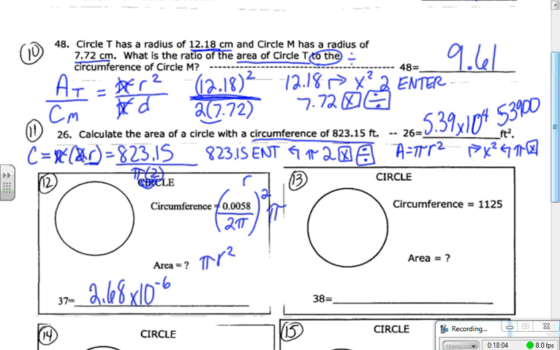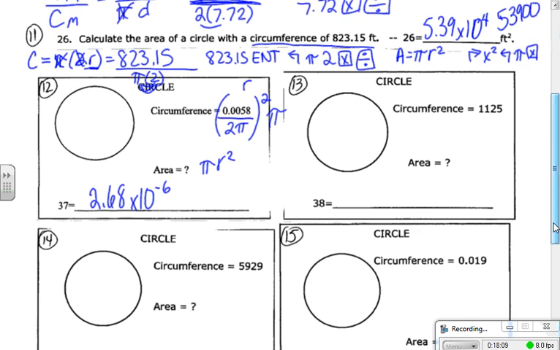Okay, number 13. We have circumference, we want area. Same type of problem as the last one. So circumference divided by 2 pi will give us our radius. So we want to do pi r squared. So we take our radius and square it and multiply by pi. And we end up with